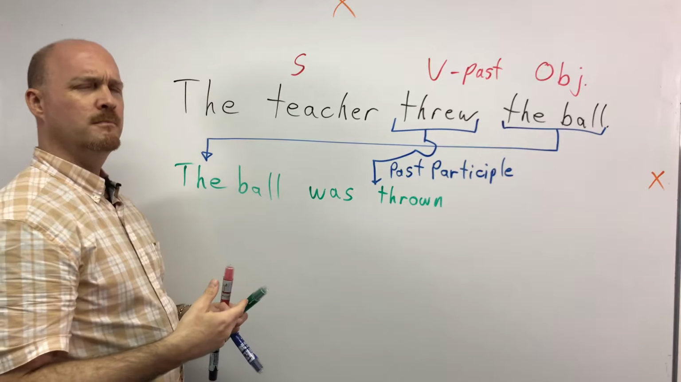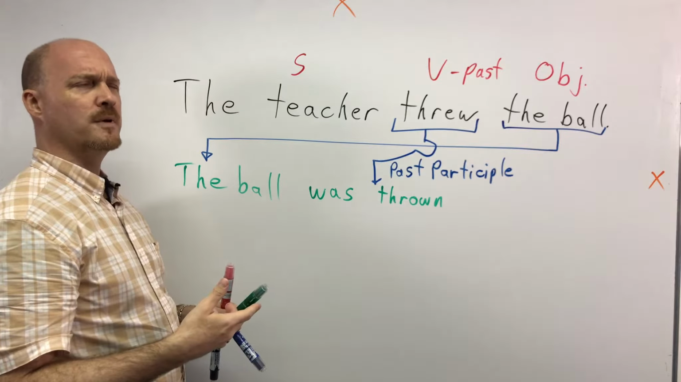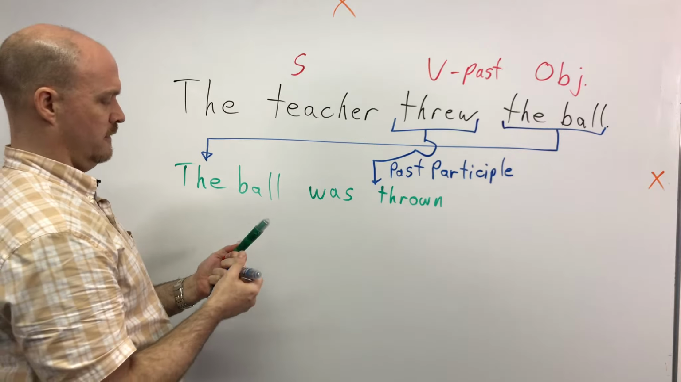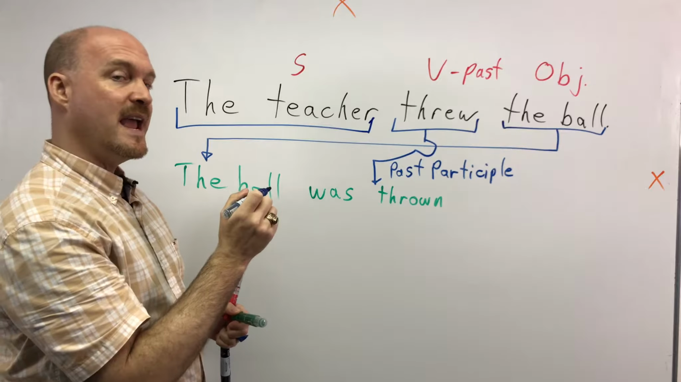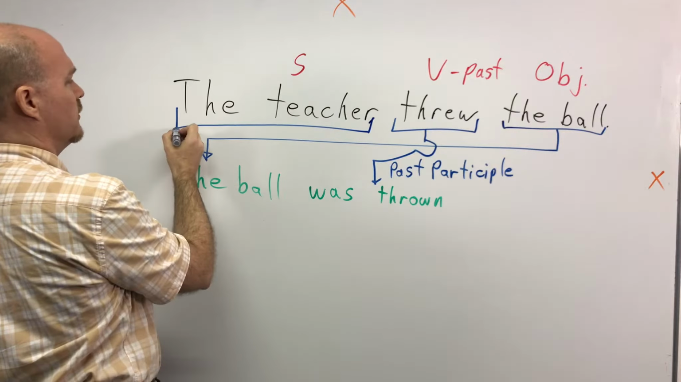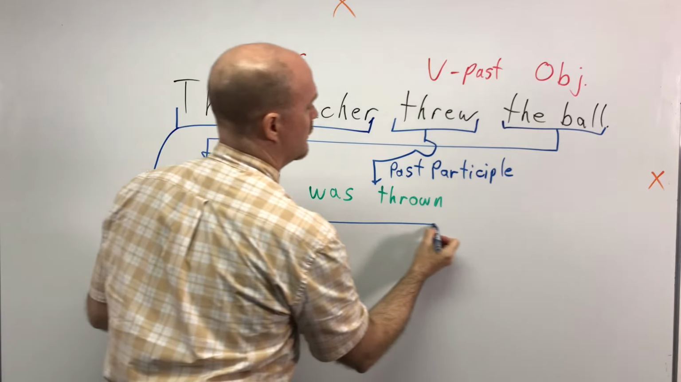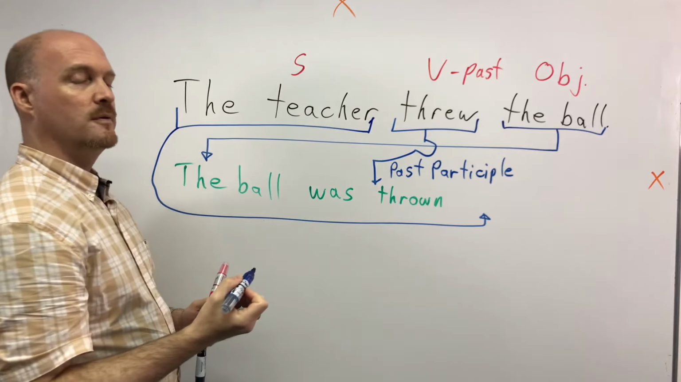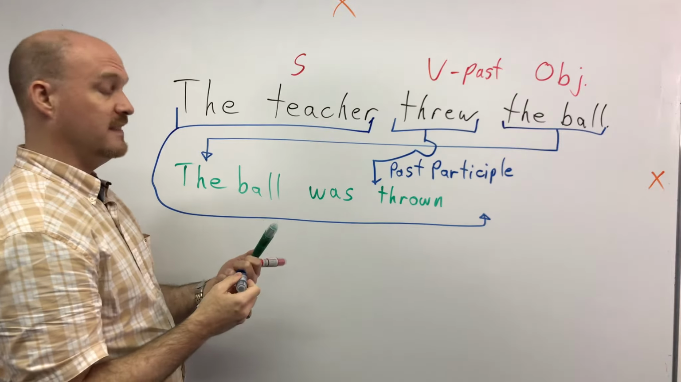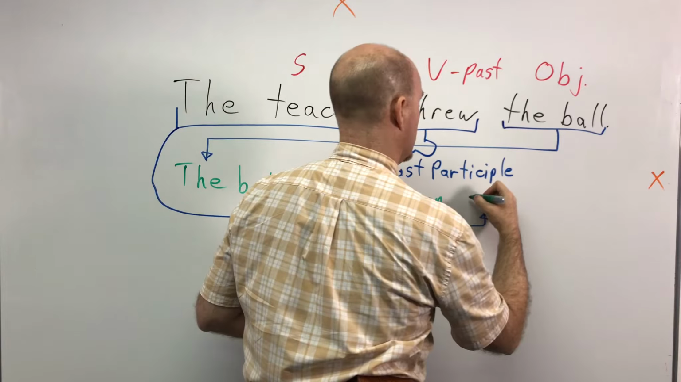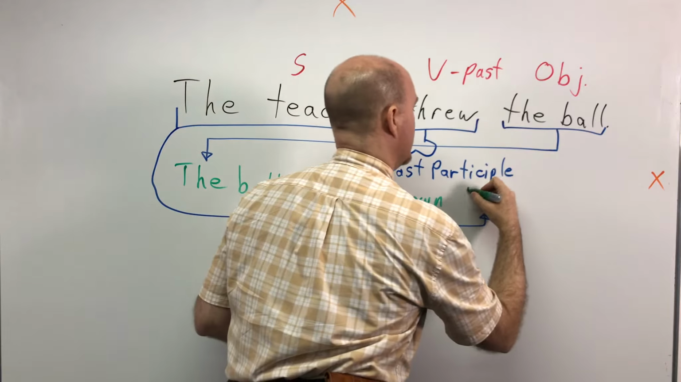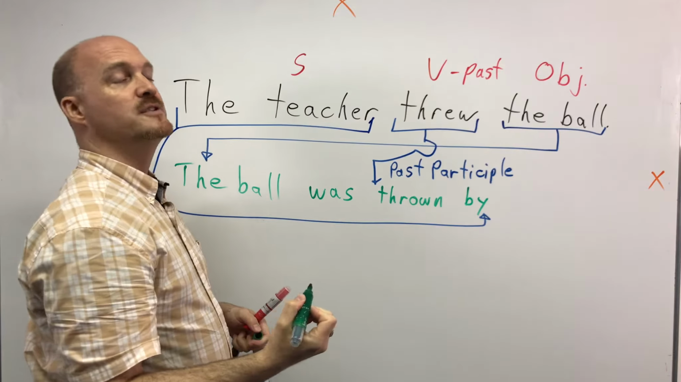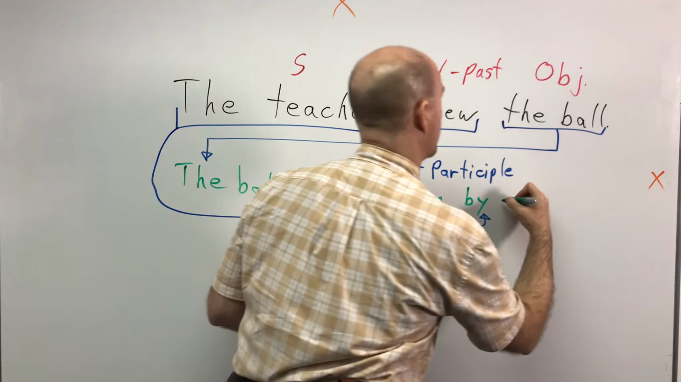Oh, but who threw it? Maybe we still want to know who that is. So we take the old subject and we make it the new agent. It's not the subject anymore because it's not the beginning of the sentence. So we give it a new name. We call it the agent. It's the thing that does stuff. Thrown. But to show that it's not the subject anymore, we add a word, by. So that shows that it's the agent, and then we add